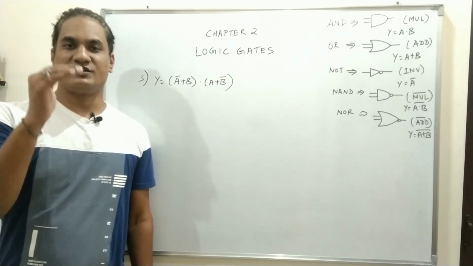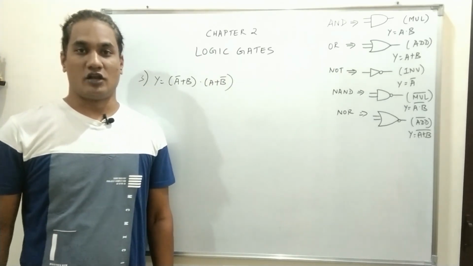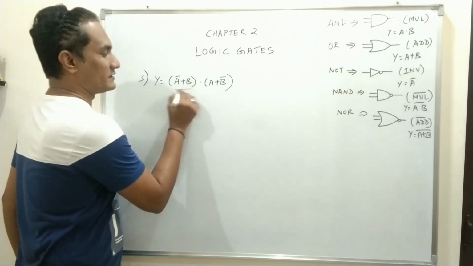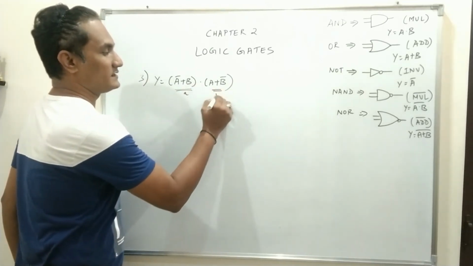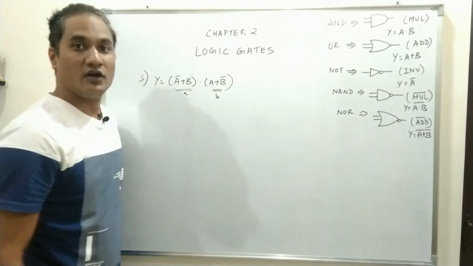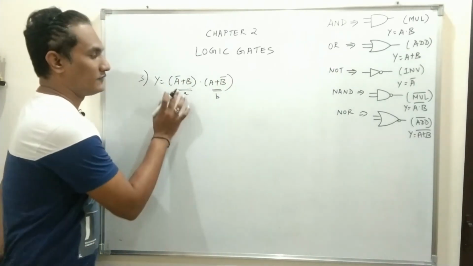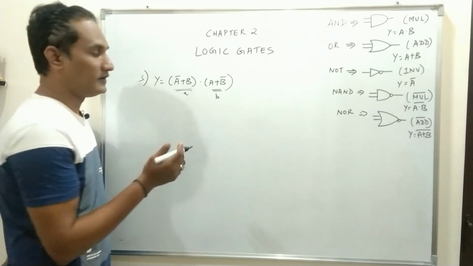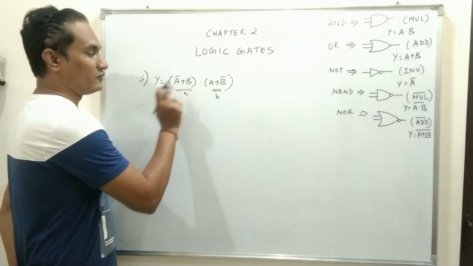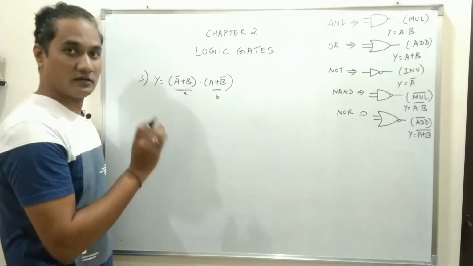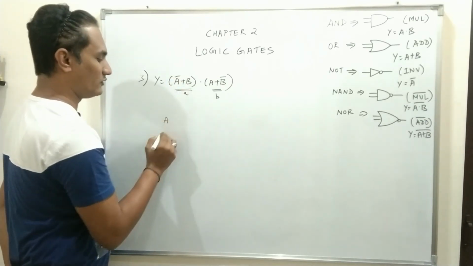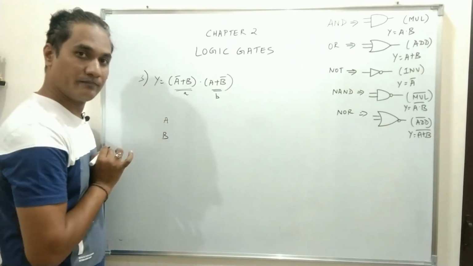Next, we have increased one more level of logic equation. Now again it will have two expressions. This is A, suppose, and this is B, and both have two variables. So first you can take any one of the brackets and you can solve. Again within the bracket you have two variables. You have to make sure that you design accordingly. Again only two variables, so it will be A and B.